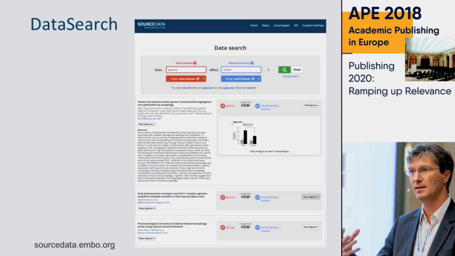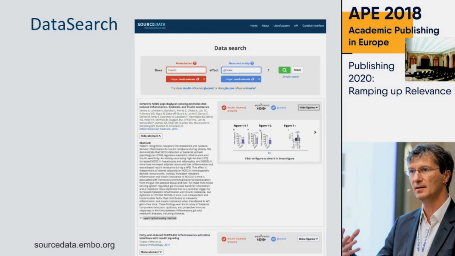Now, importantly, if we had formulated the reverse query, I'm interested now in experiments that test the effect of insulin on glucose, the results would be different. This is indeed a very different experiment, and this is an essential distinction for a scientist who wants to understand mechanisms of disease. And just as a little comparison, this kind of causal distinction is not made in classical search engines.